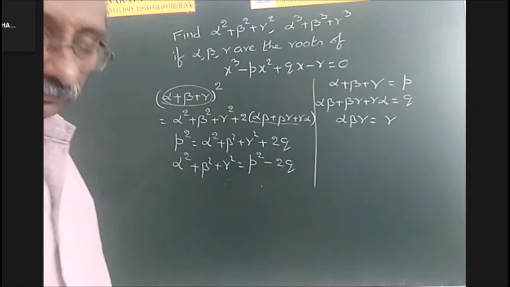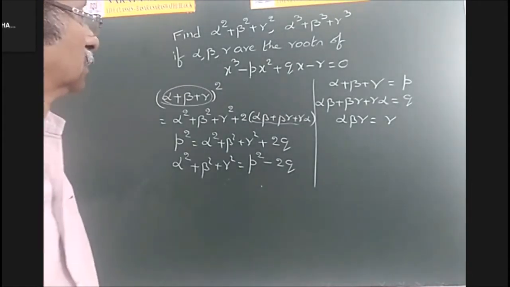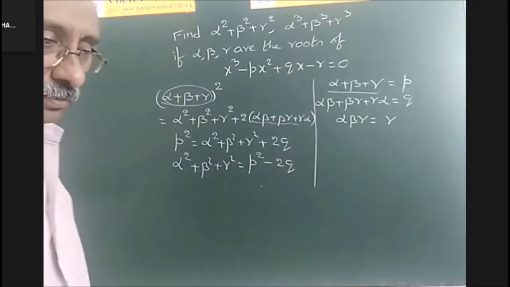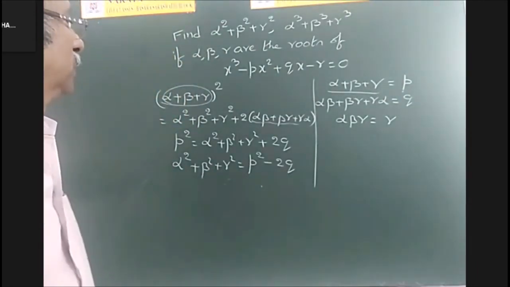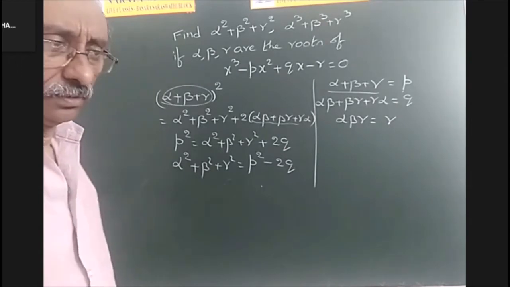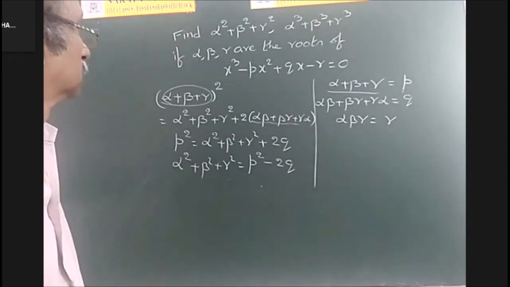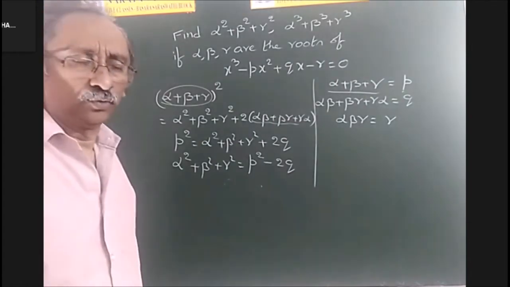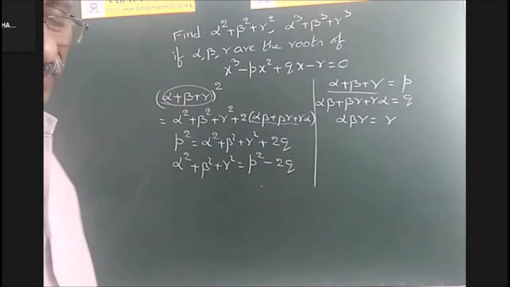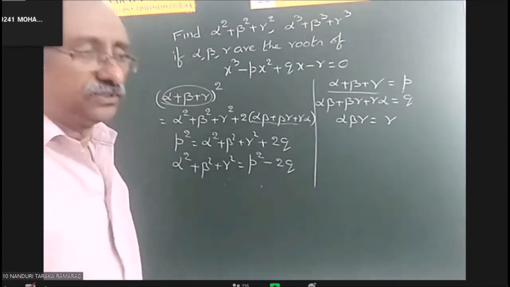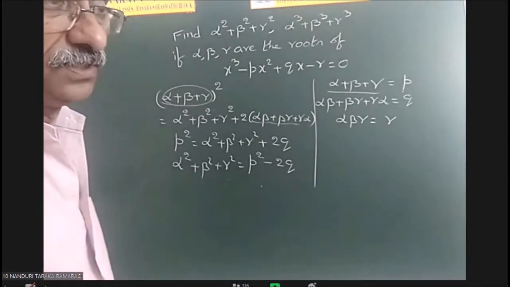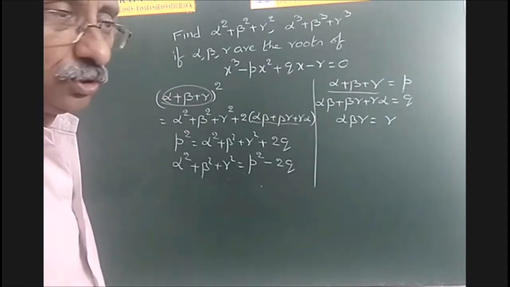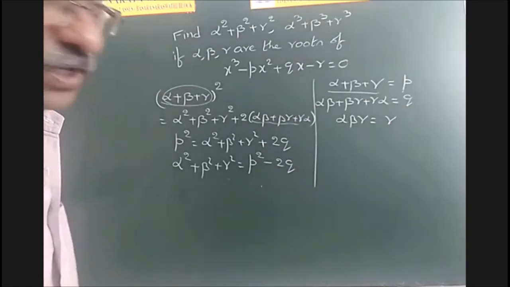Sir, is sum of the roots 0, sir? So sum of the roots here is P. Actually, no sir, numerical value. What is the numerical value? Means alpha cube plus beta cube plus gamma cube equals 3abc when sum of roots is 0. No. Whenever alpha plus beta plus gamma is 0, then you can apply a cube plus b cube plus c cube is 3abc. Here a plus b plus c is non-zero, therefore you cannot use that. Okay.